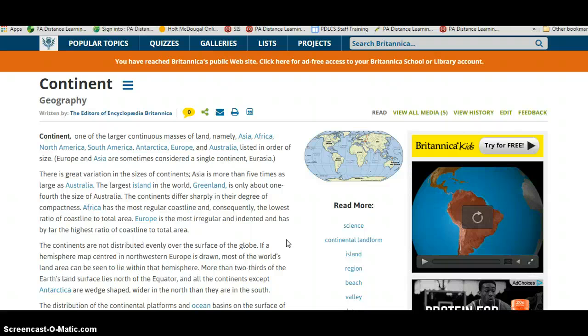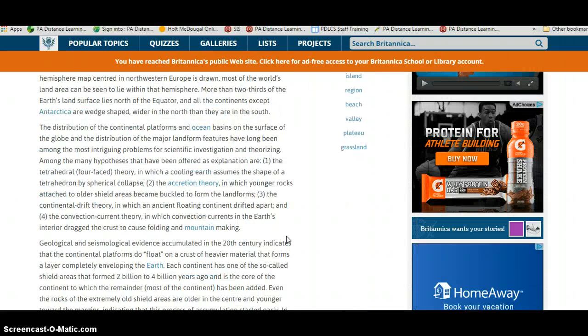The distribution of continental platforms and ocean basins on the surface of the globe and the distribution of the major landform features have long been among the most intriguing problems for scientific investigation and theorizing. Among the many hypotheses that have been offered as explanation are: 1. The tetrahedral or four-faced theory, in which a cooling Earth assumes the shape of a tetrahedron by spherical collapse;